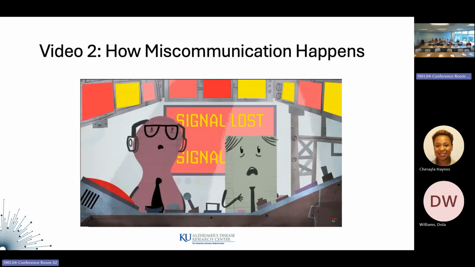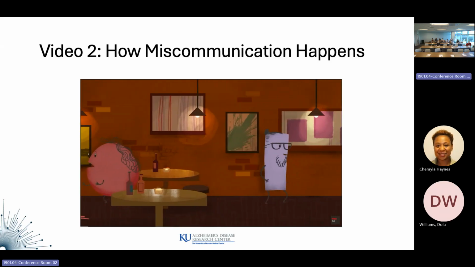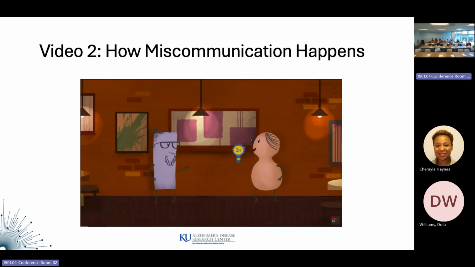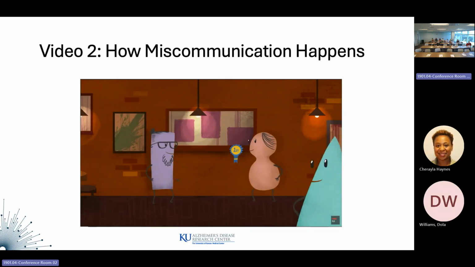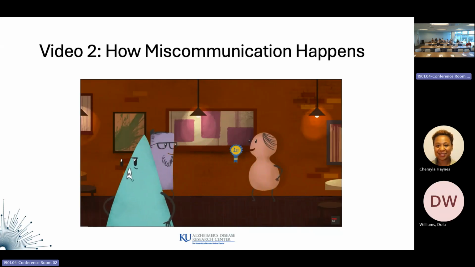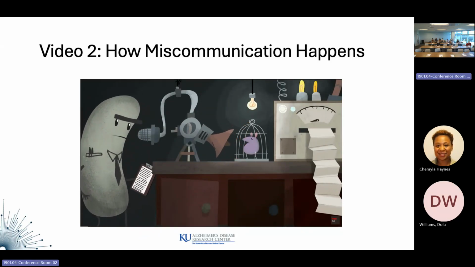The fact is, even when face-to-face with another person in the very same room and speaking the same language, human communication is incredibly complex. But the good news is that a basic understanding of what happens when we communicate can help us prevent miscommunication. For decades, researchers have asked what happens when we communicate.